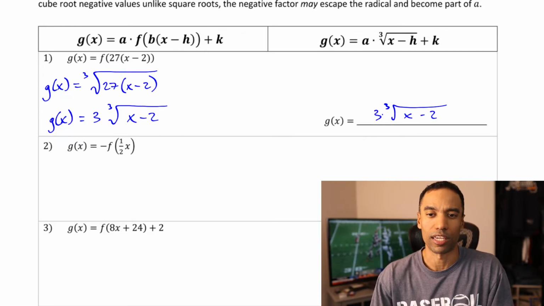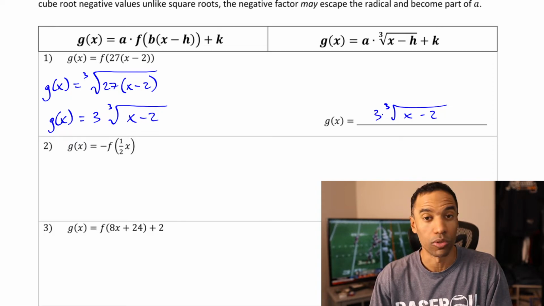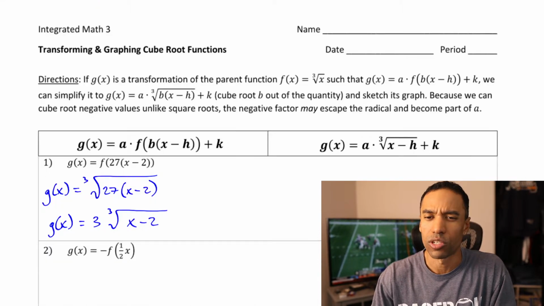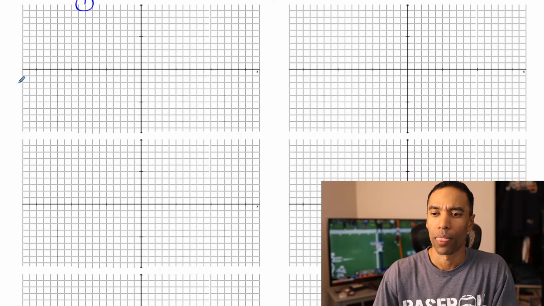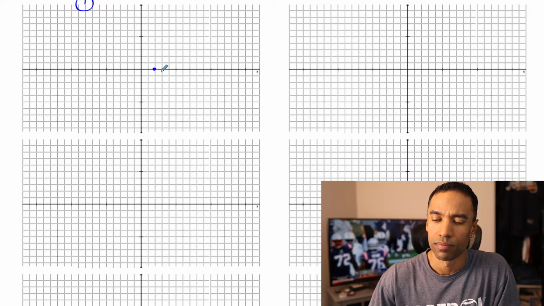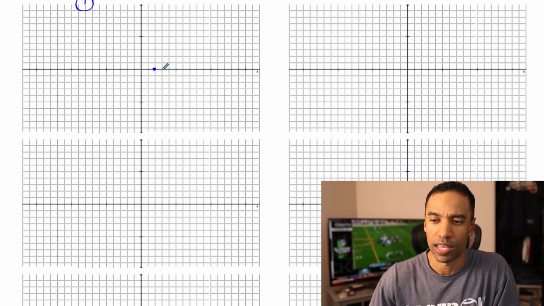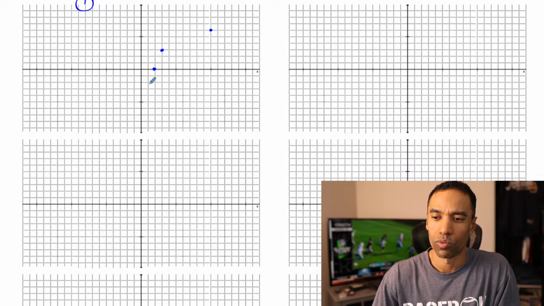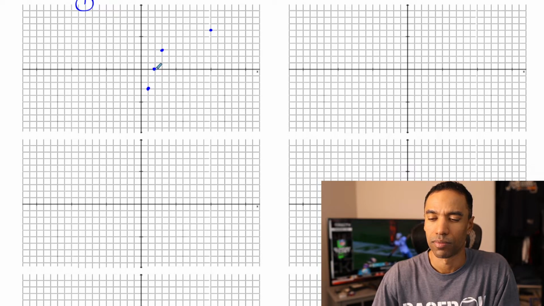(2, 0), draw it like a cube root: (1, 1), (8, 2), tripling the heights. So we will be at, what was it? (2, 0). We'll start at (2, 0) right here, and (1, 1), (8, 2). Let's triple those heights: (1, 3), (8, 6). We'll go left as well: (1, 3), and down (8,